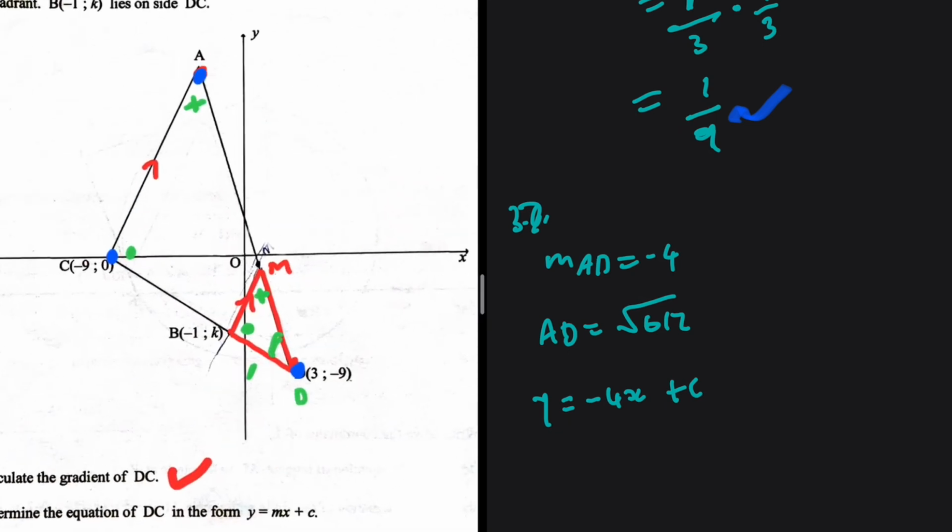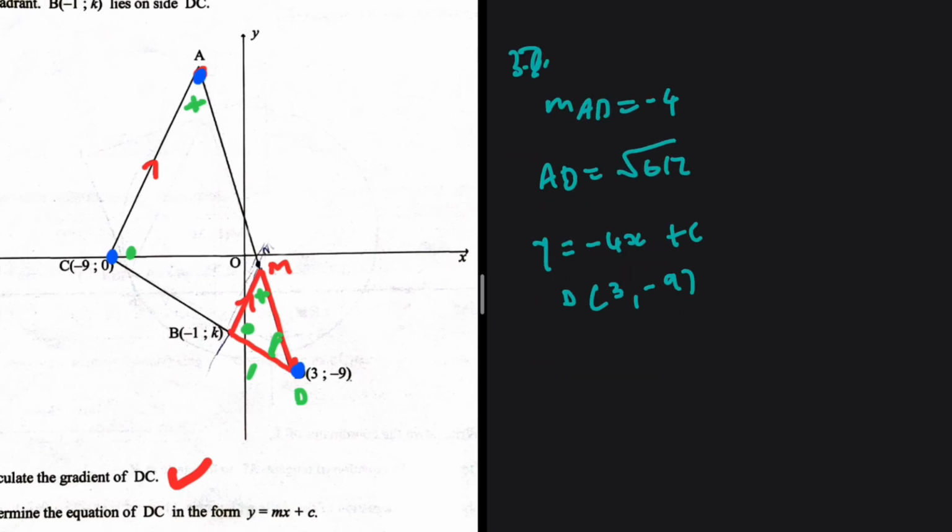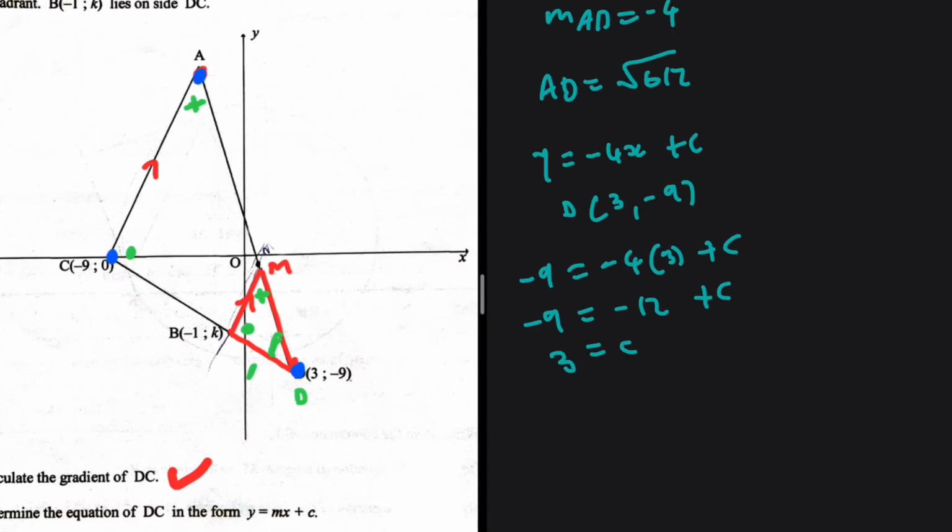So let's take a look at AD. We do have the coordinates of D, which happen to be 3 and minus 9. So we can substitute this here, where y is minus 9 and then minus 4 multiplied by 3 plus c. So minus 9 is equal to minus 12 plus c. So 3 is equal to c. So we have y equals minus 4x plus 3 as the equation of